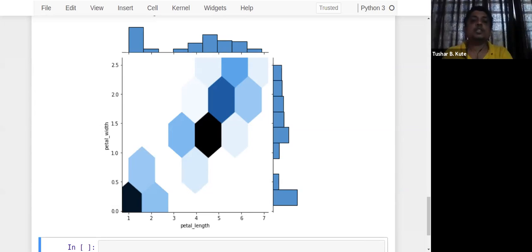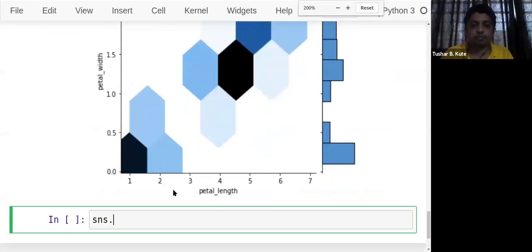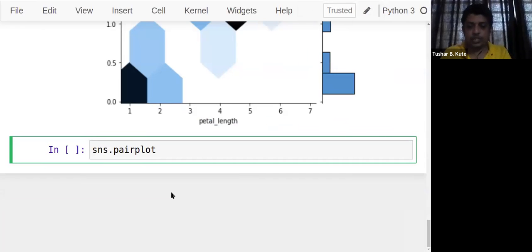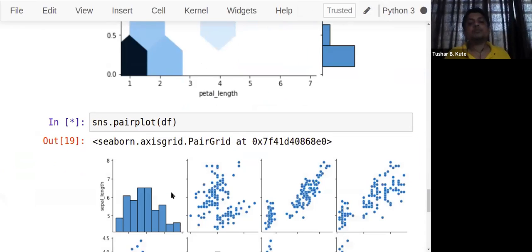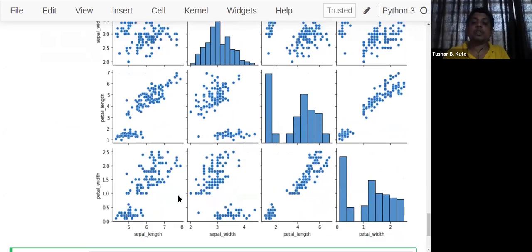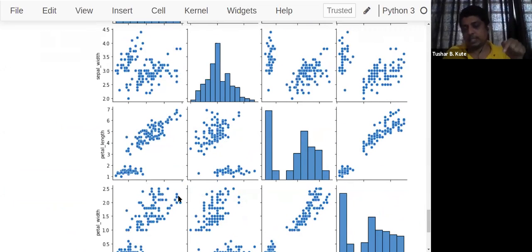Now let's see how to do this one. Pair plot contains many different kinds of parameters. I'll show those parameters, and how to use them, that also we'll talk about. So there are some parameters that I have to use. Let's see sns.pairplot for the data frame here. Okay, I'll just increase the size again. See, I pass the data frame directly and I'll check what happens. Now see this one. Pair plots. How many parameters? 4. 4 numerical data elements are there.